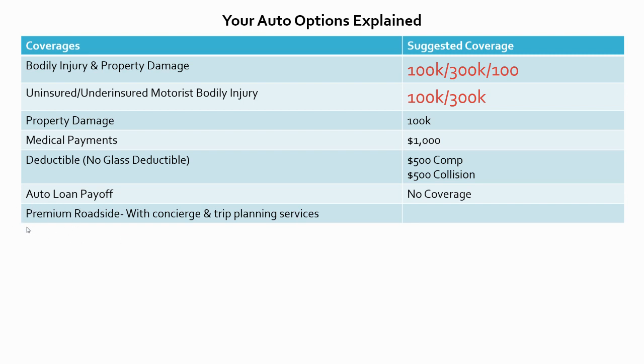roadside claim. So let's say you have a flat tire and a tow truck comes out and helps you with it, and it only costs the insurance company $100. Well, at the end of the day, that $100 is still a claim on your insurance if you purchase roadside through the auto insurer. So we always recommend keeping the roadside assistance package separate from your auto because it will help fend off rate increases